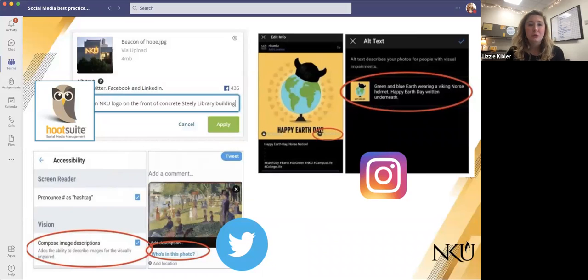Imagine you can't see the image and you need someone to tell you what's in it. You'd want to know a lot more details than just building, tree. Same for Twitter down at the bottom left. It will prompt you with who's in the photo, add description.